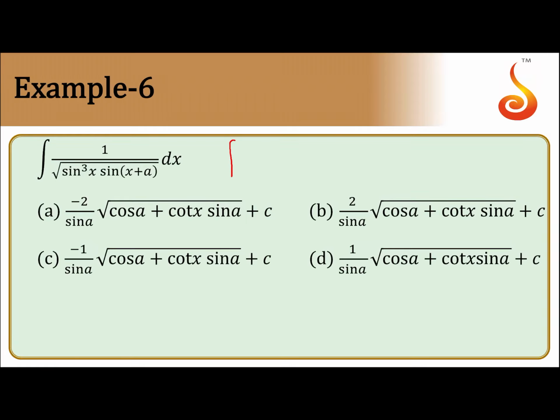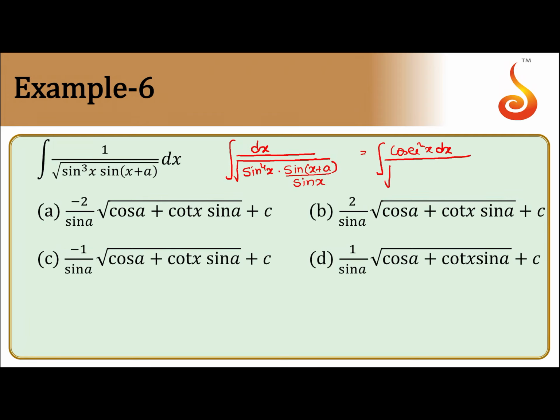Minus x plus a. So we rearrange it first. Integration basically you have to rearrange in such a way that the derivative of the function is present. So we write this as sine to the power 4x into sine x plus a by sine x. Both are same. Next step, what happens, you get cosecant square x